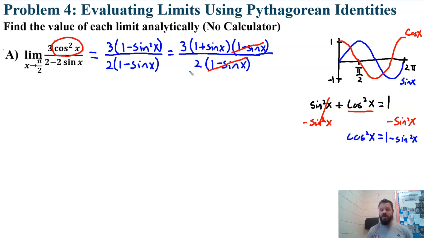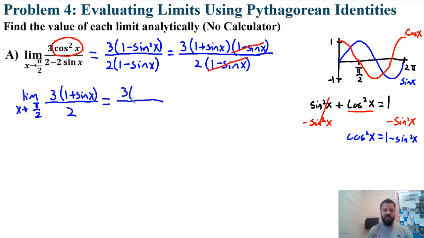With what I'm left with, I have no more 0 issues in the denominator, I just have a 2, and we'll also be able to evaluate the numerator. So we can rewrite this limit as the limit as x goes towards pi over 2 of 3 times 1 plus sine x, over just the 2. Now we can use direct substitution. This will be 3 times parentheses 1 plus the sine of pi over 2